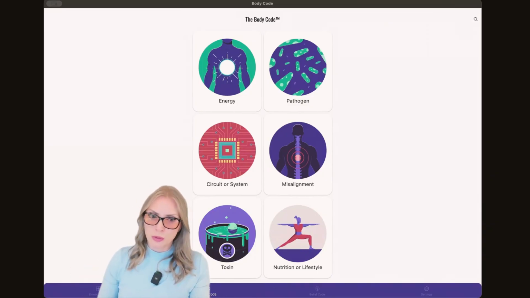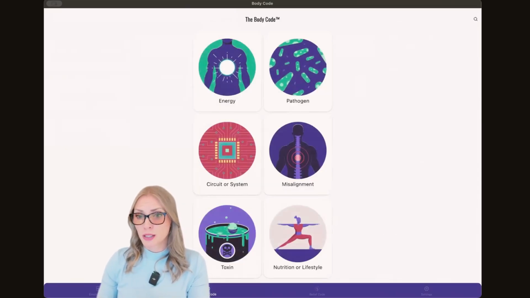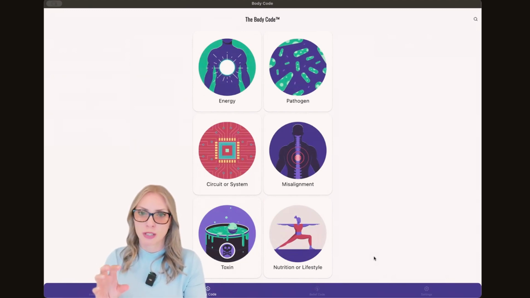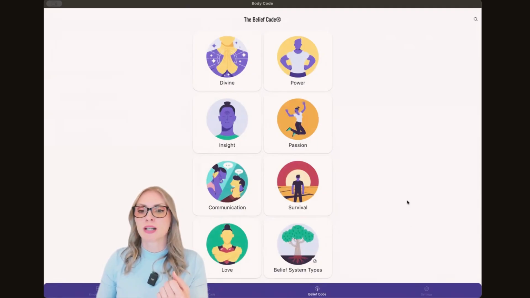So to repeat, emotion code: find and release trapped negative emotional energies. The body code: find and release any trapped negative energies whatsoever, not just the emotions, but anything that can be off really. And the belief code is about finding and releasing trapped negative belief systems.